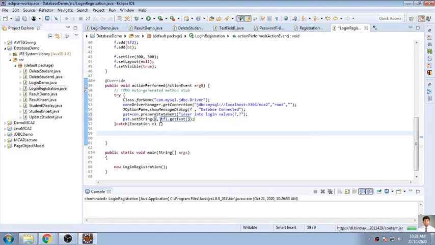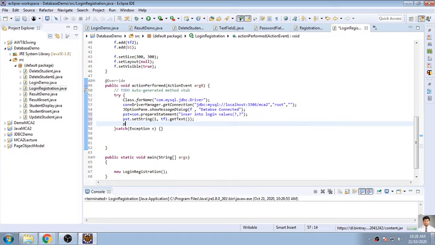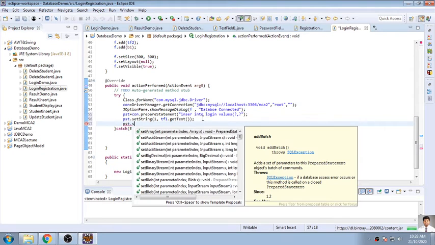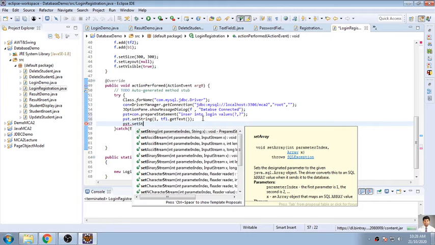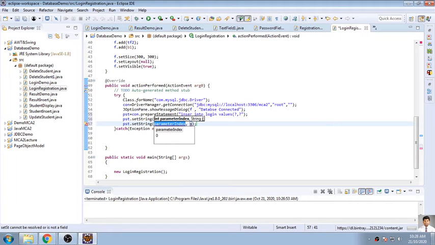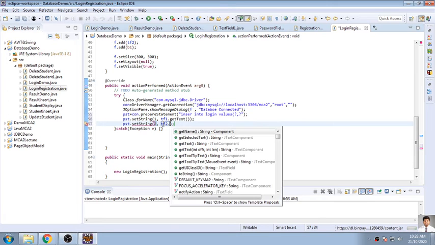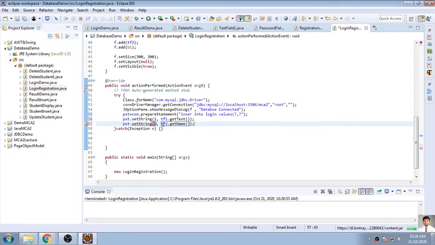The value in the text box will be directly transmitted to the first column of your prepared statement. Same way, pst.setString for the second parameter, and here I will use text field 2 dot getText. Sorry, it is getText. This is the function that will access everything, and that will be stored into my table.